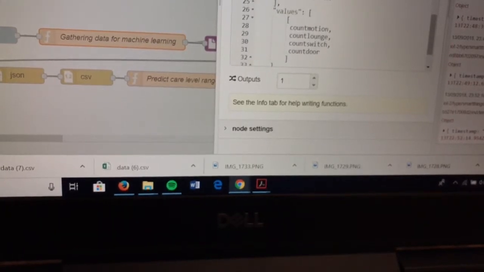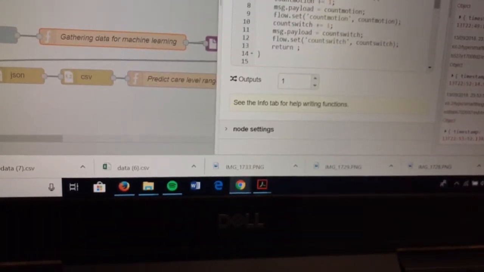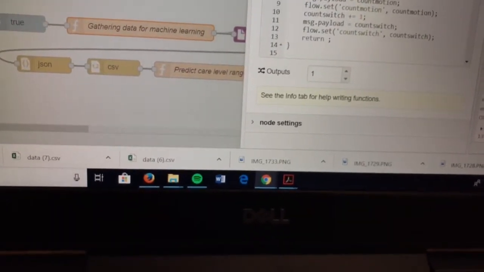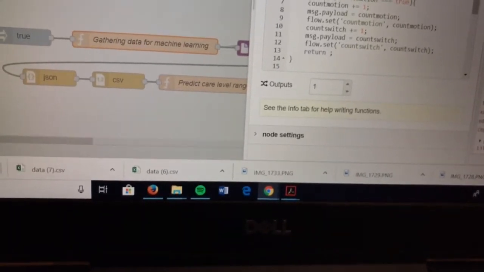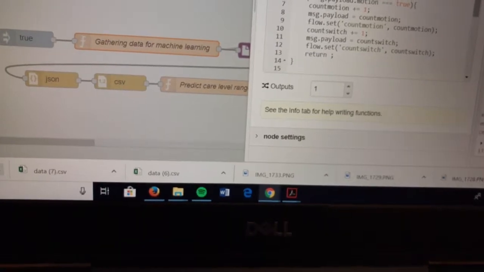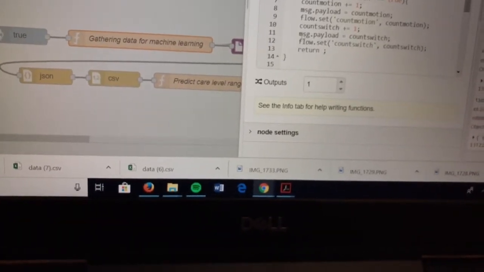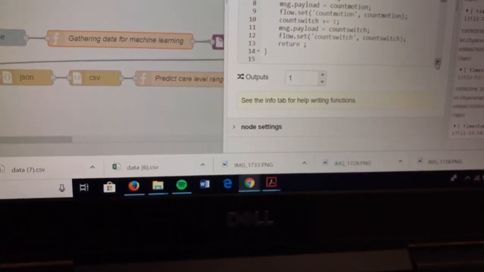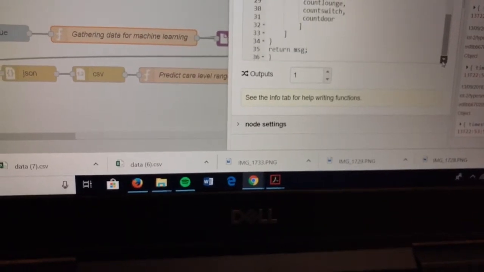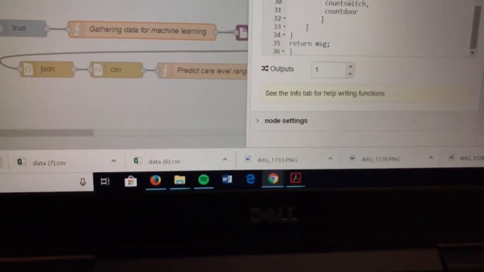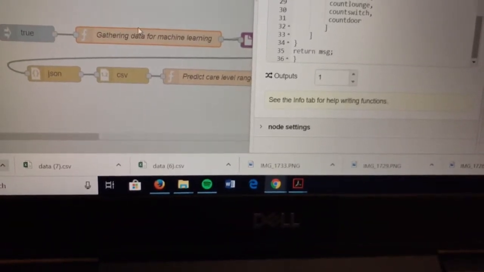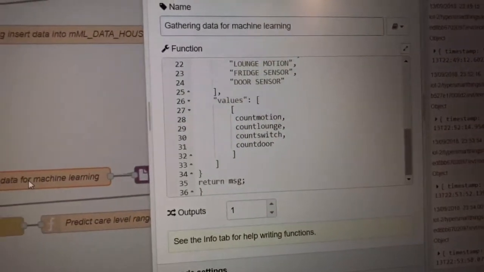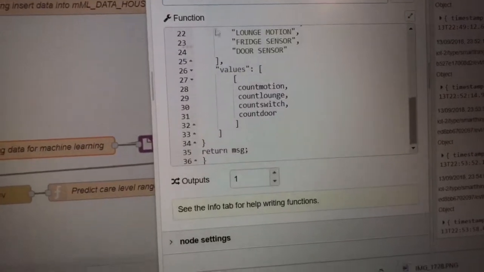It's called flow dot get, and that function is in the same flow, so this will change as well. All the data will be copied to that function as well, at the same time, for the machine learning